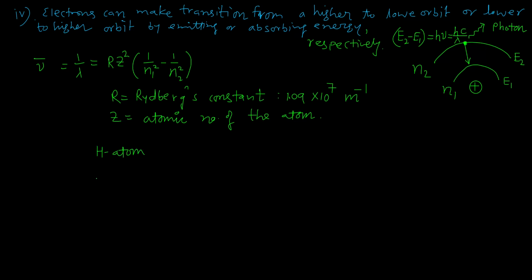Similarly, single ionized helium atom, He plus, that can also be a uni-electron species. Similarly, Li double plus or beryllium triple plus. So Bohr derived many mathematical expressions, and it was the first model